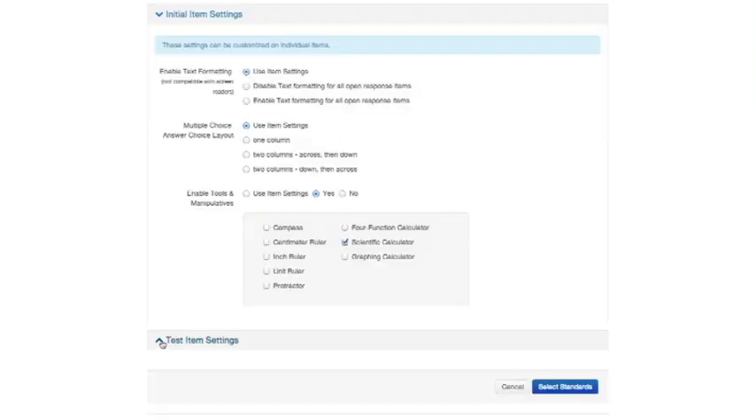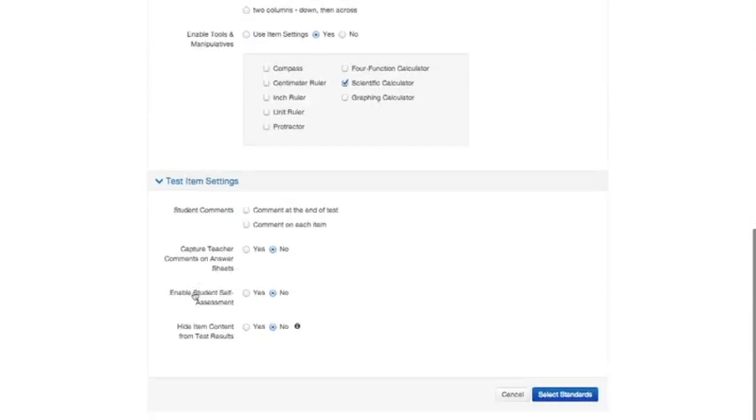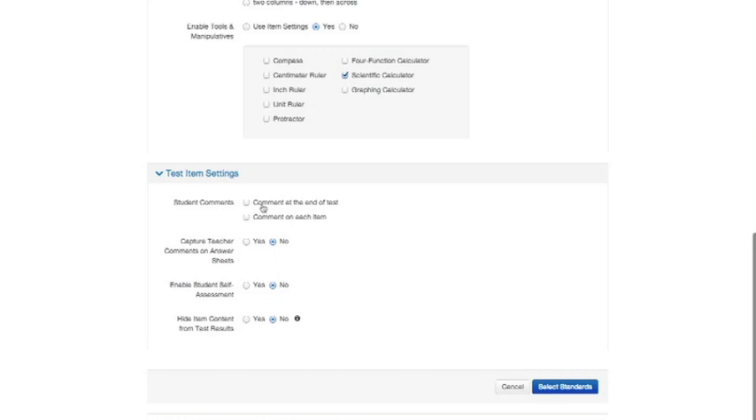And then for test item settings, do you want students to be able to comment at the end of the test? Do you want them to be able to comment on each item? If you're going to use answer sheets, do you want to be able to capture your comments back to students? And do you want students to be able to self-assess? And then lastly,